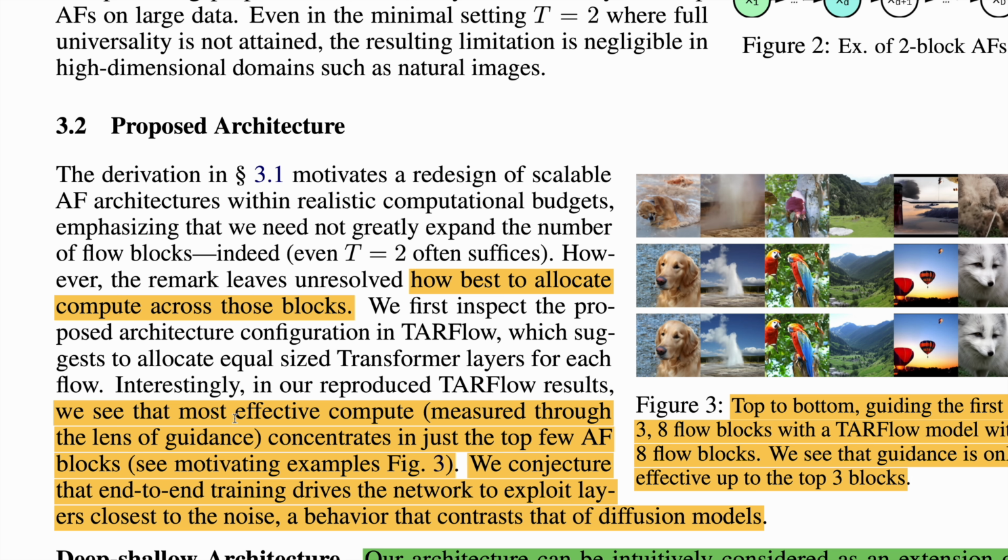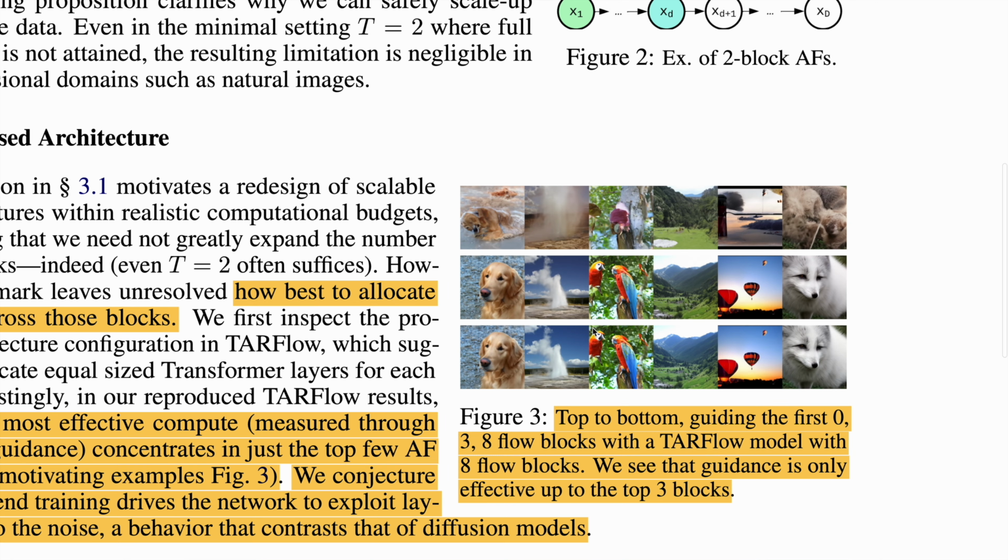Here it seems that they do it through the lens of guidance, but they allocate more blocks, more compute, to the blocks closer to the prior, so to the latent, and then less compute closer to the image. That's a bit the opposite of diffusion models. Well, maybe not exactly the opposite, but basically,